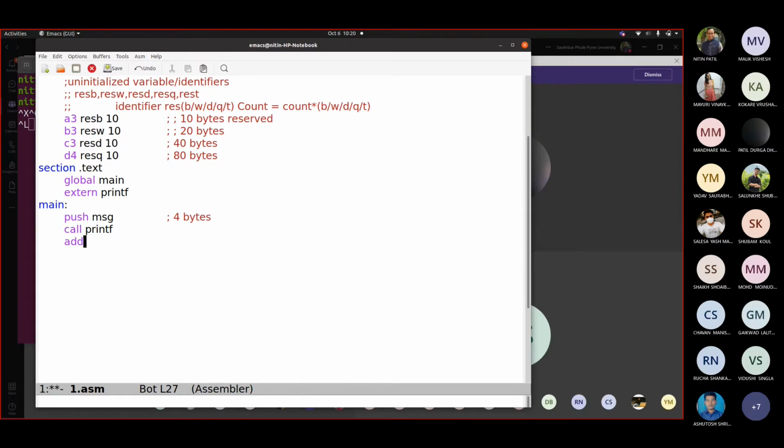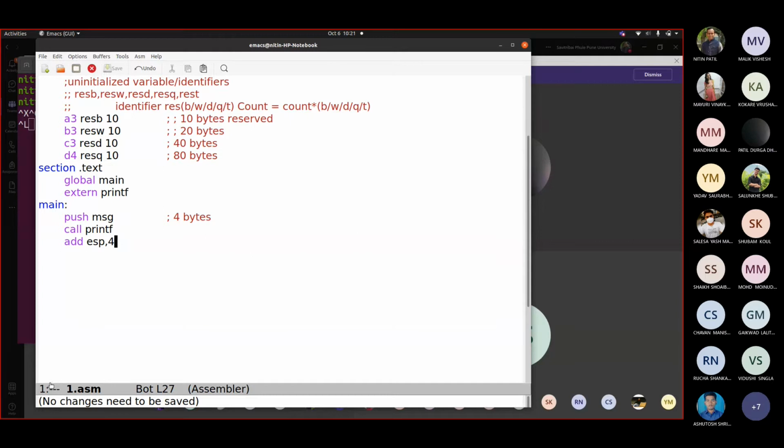So you write simply here add ESP, 4. Every time you push one symbol into the stack, if you want to clear that, you either pop it or you write add ESP, 4. So if you push a 10, in this case, I could have written simply pop. It could have solved my problem. Correct? But if I have hundreds of variables, then I cannot write pop directly all those 100 times. In such a case, I would write 100 multiplied by 4, so 400, for example. In this case, I added only one, so I will write this one.